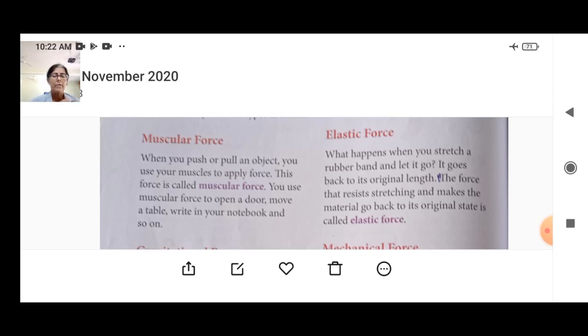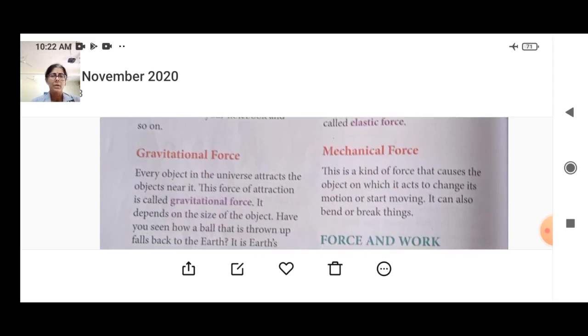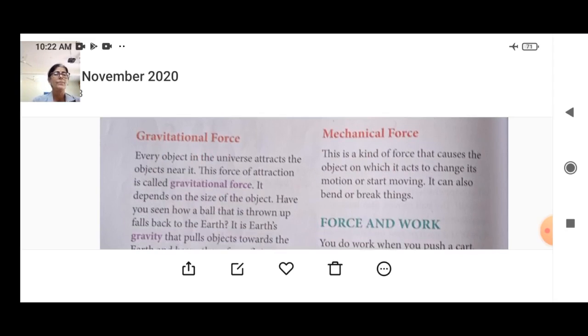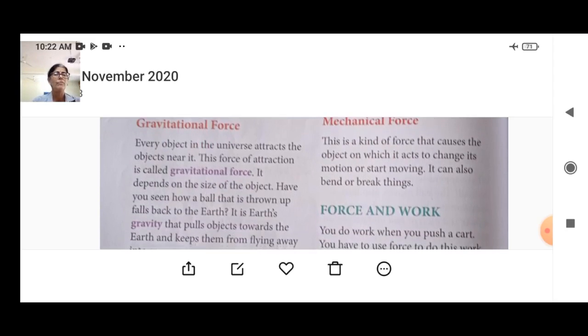The force that resists the stretching and makes the material go back to its original state is called elastic force, a mechanical force. This is a kind of force that causes the object on which it acts to change its motion or start moving. It can also bend or break things. मतलब